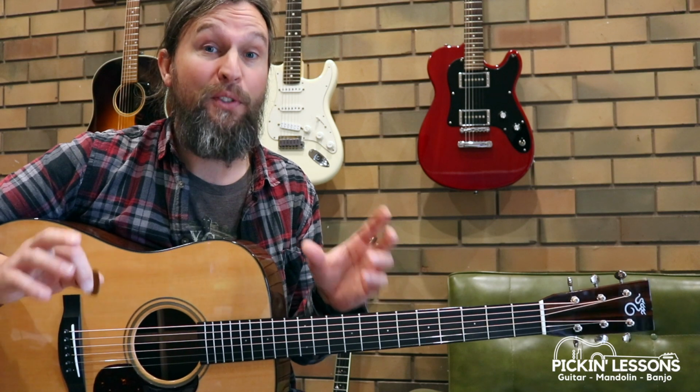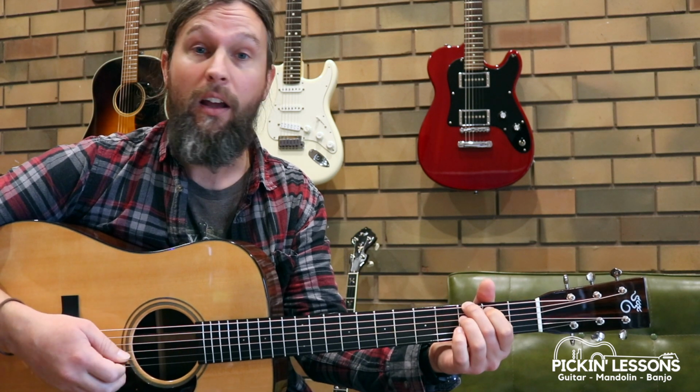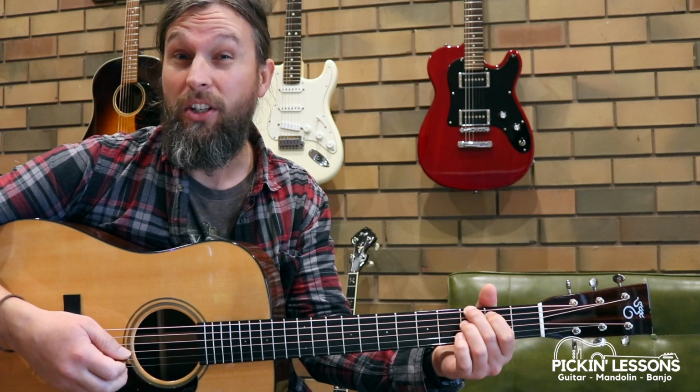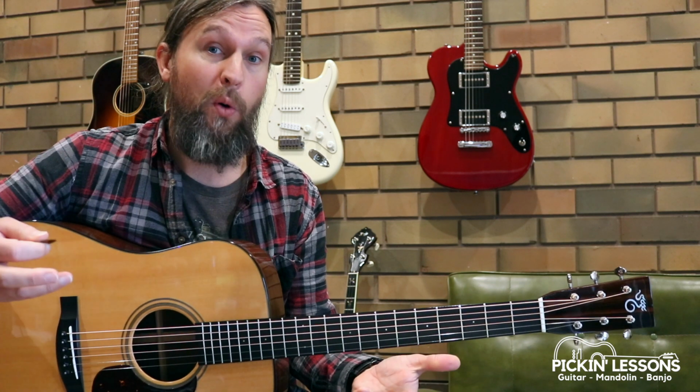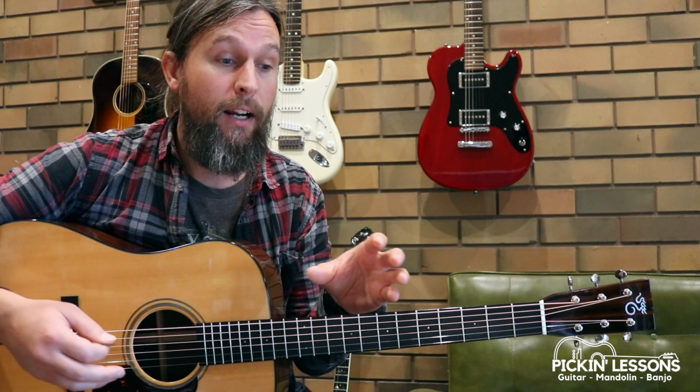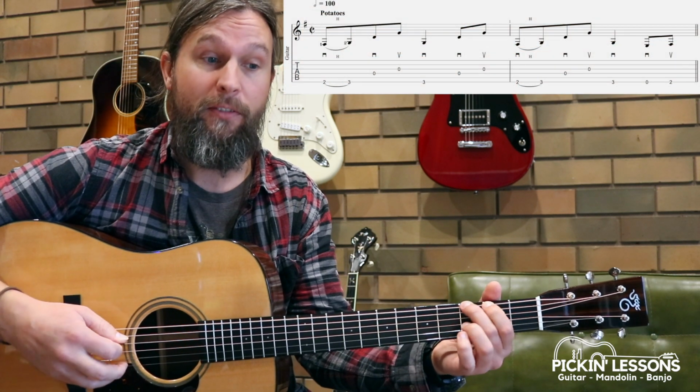Okay, so there was the first variation of part A. This variation features really the low tones. We're playing the melody here on the lower notes of the guitar out of the G shape essentially. The second A variation, we move up the neck and we use what we call the floating technique. So we'll worry about that one later, but let's have a look at what's happening here. Initially, we're playing out of this G position